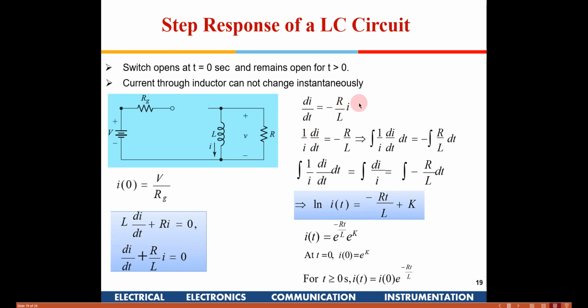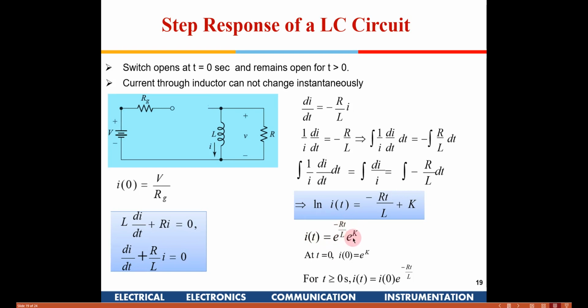This is the normal way to solve first order equations in mathematics. We know what to do, right? So di by dt, and then we integrate it. Okay, once we integrate it, taking dt here, di here, I get log I is equal to minus R by L t, and then you insert a constant out here, because you are integrating it. And then you take exponent on both sides, you get I is equal to e to the power of minus Rt by L into e to the power of k.